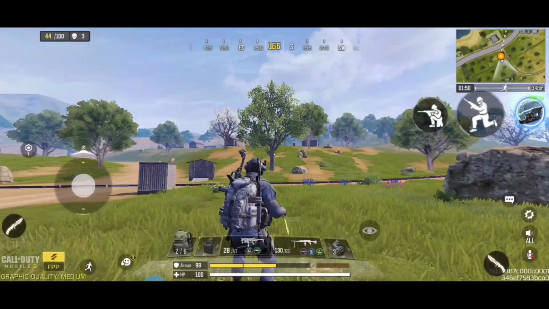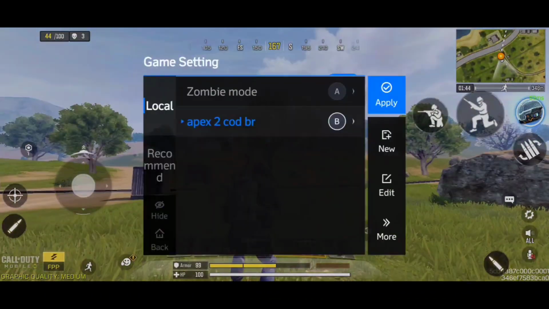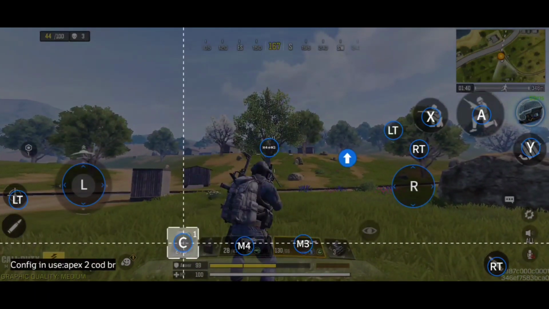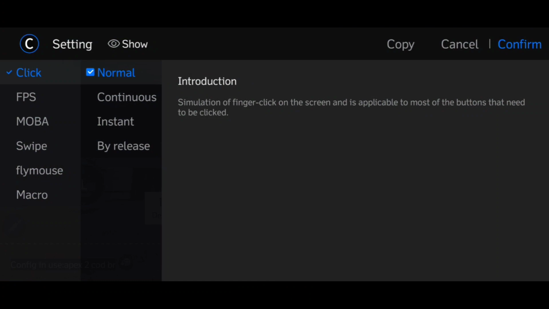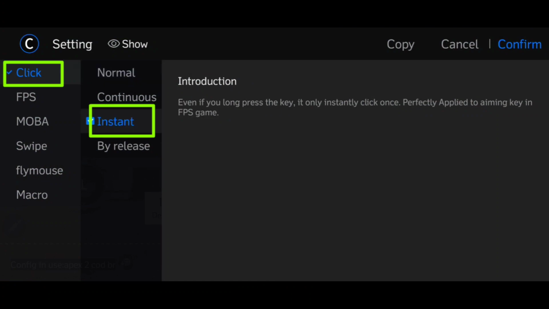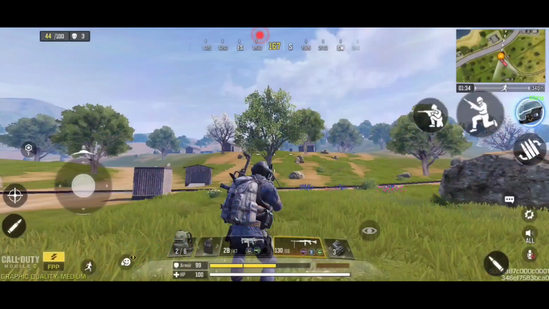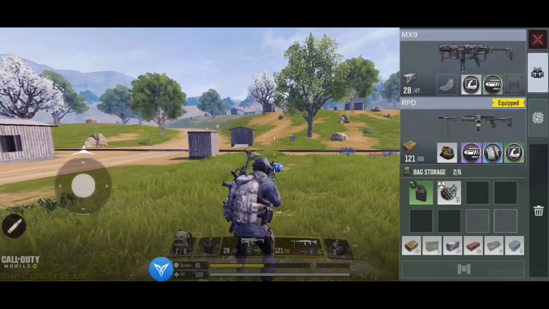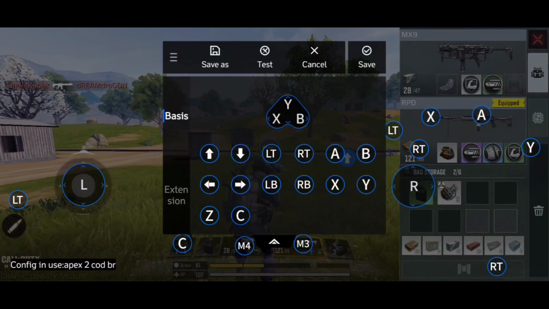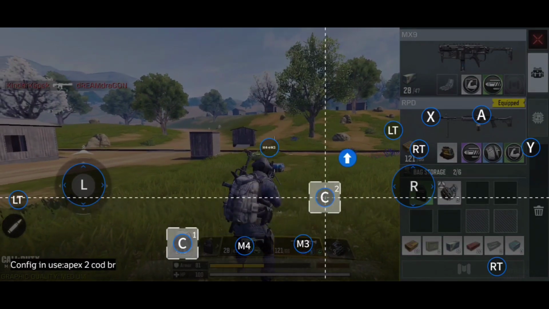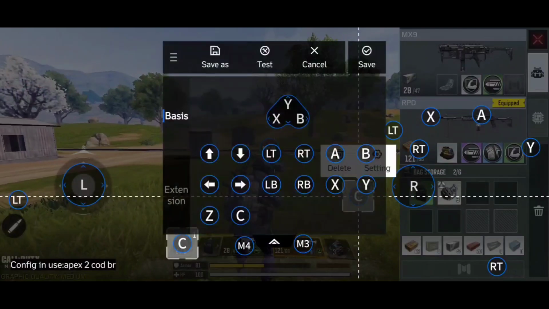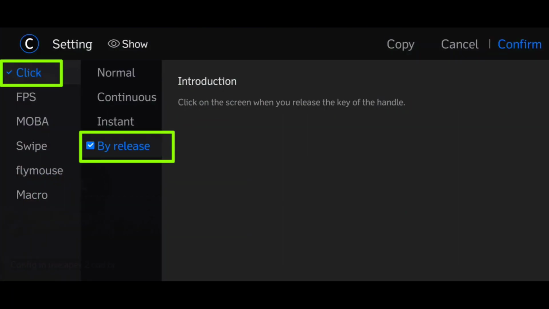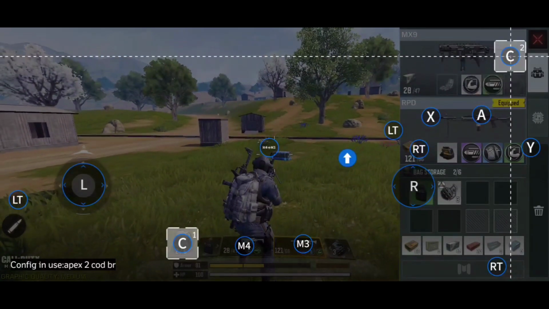For the bag, I use the C. Just click here. Just make this instant. Always choose instant. Then open the bag. Open again the FLYDIGI app. Then click again C. And this time make this click by release, confirm, drag it on here,